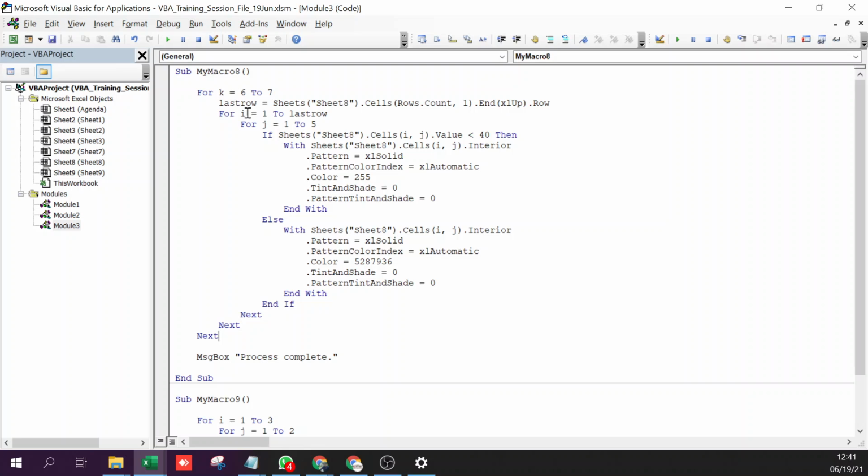And what change needs to be made in the code? Okay, what to do with sheet name? Sheet K. Okay, Stuti, you are almost there.